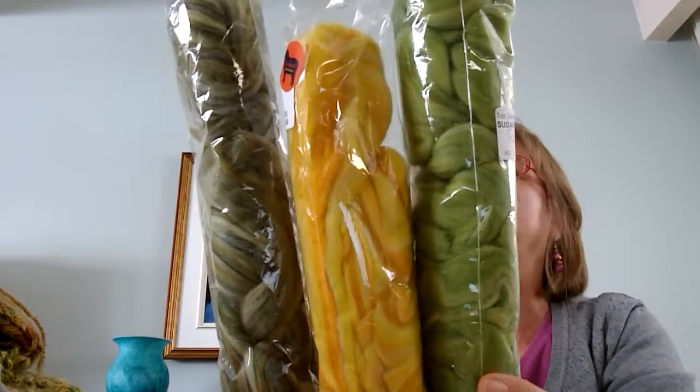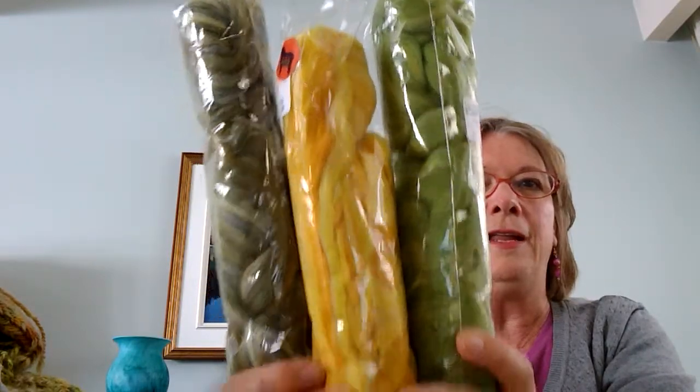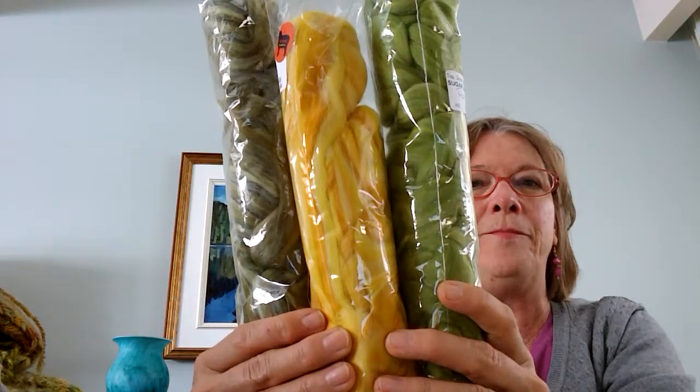and this is from a place called the Fiber Garden, and it's a Canadian company. They're right near St. Catharines, Ontario, in a small town named Jordan. And I have been there. They're lovely people. John and Alan have the company. And they're just so nice. They're very knowledgeable about the fibers,